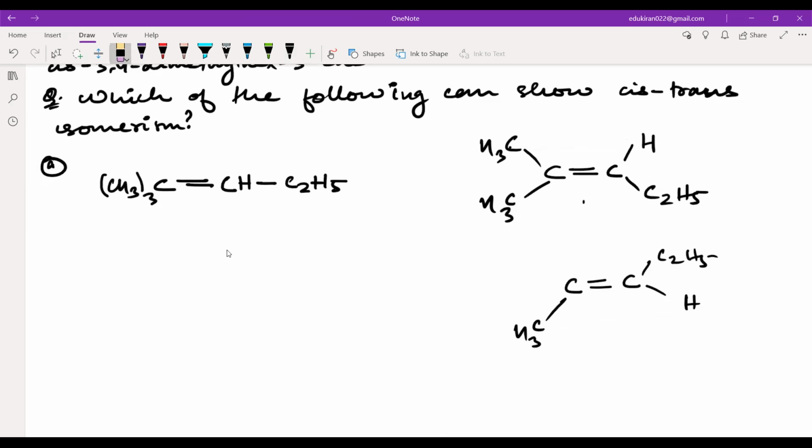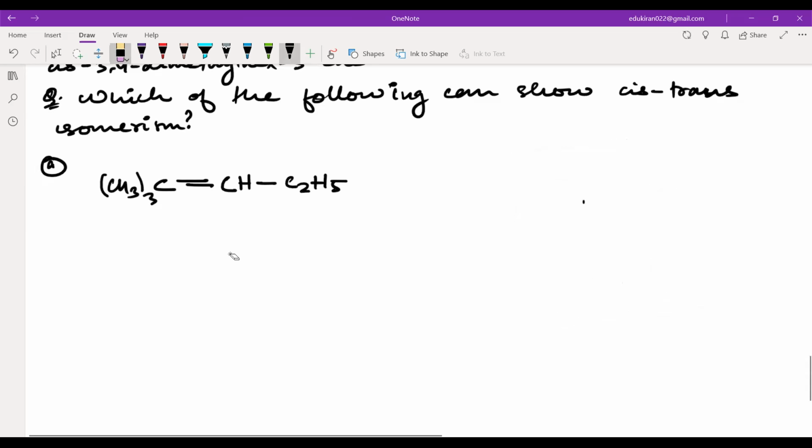What you need to do is to flip one of these sides. So this is one of the examples, and here we can say that no, it will not show any geometrical isomerism. Right, the B part of the question. For example, you have CH2 double bond CBr2. So the structure that you will want to make here is, let me make it like this.